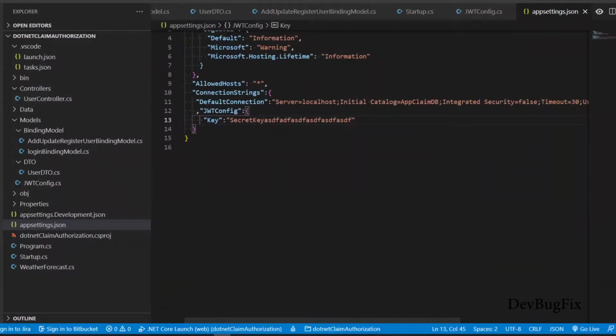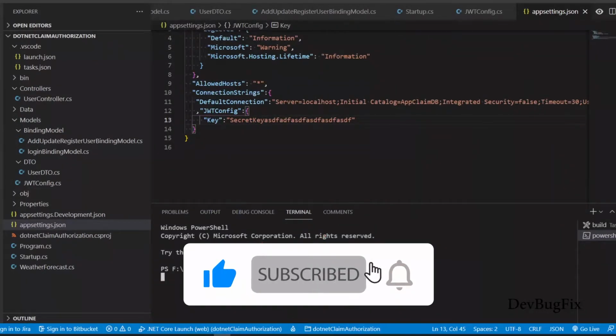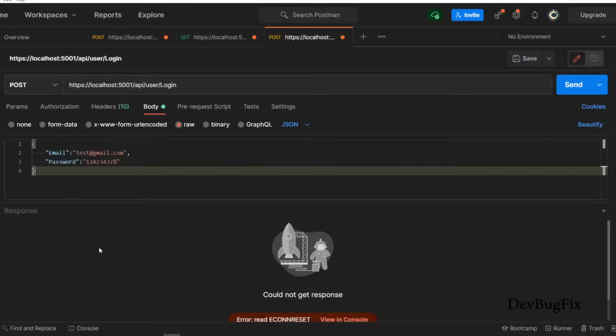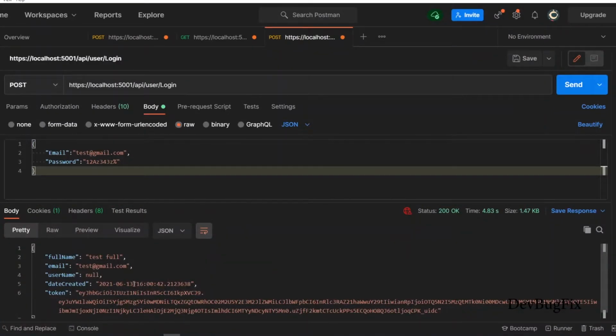Again run this application. Okay, now we have a token,